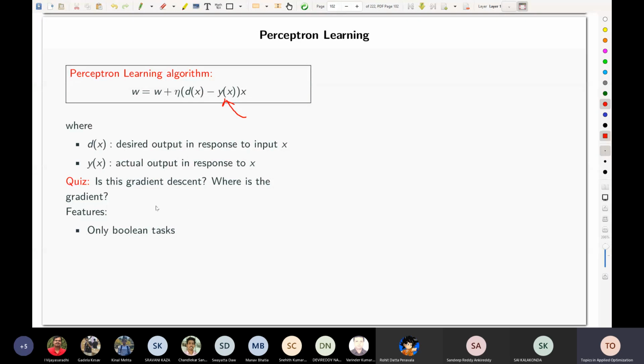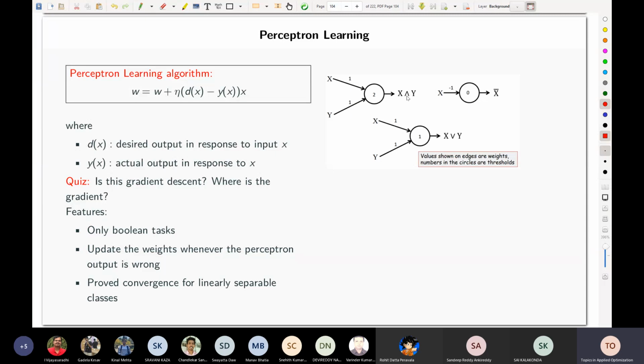Okay, so what are the features? Only Boolean tasks it can do. So far the initial perceptron was only good for Boolean tasks. It updates the weights whenever the perceptron output is wrong. How will it update the weights? Using this perceptron algorithm. Okay, so let us see